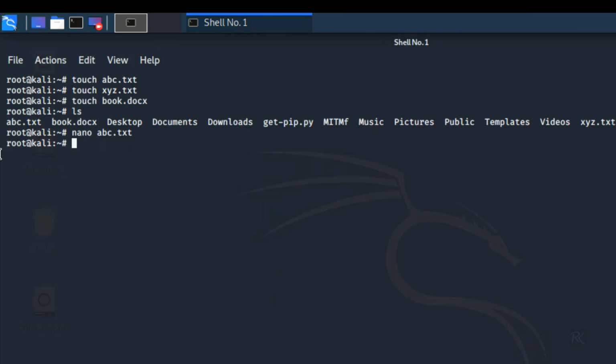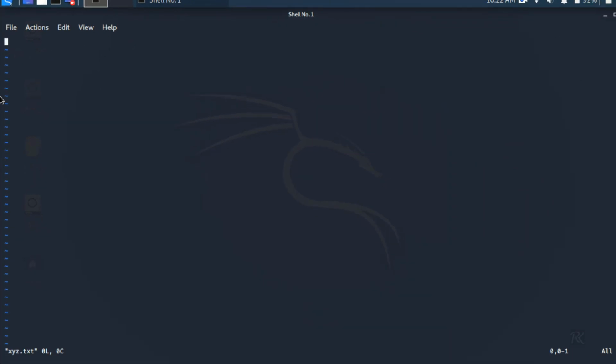Just like this, there are different text editors in Kali Linux. So the vi editor is one of them, and using this you can add text to your text file. So we will give the command vi xyz.txt, and here you can see a text editor is open, and you can add data inside this xyz.txt file.